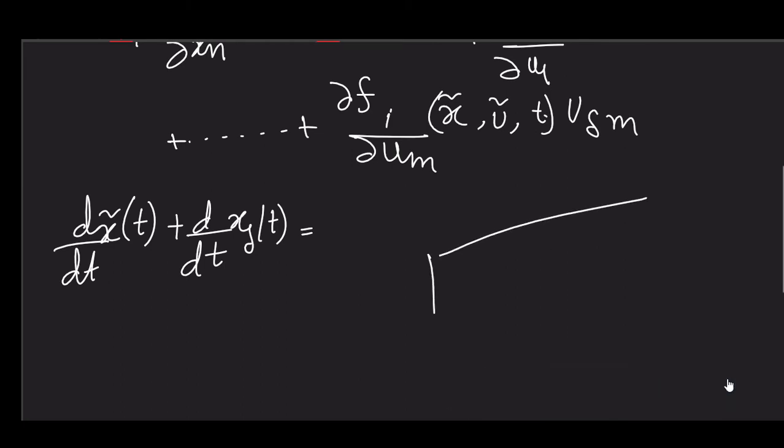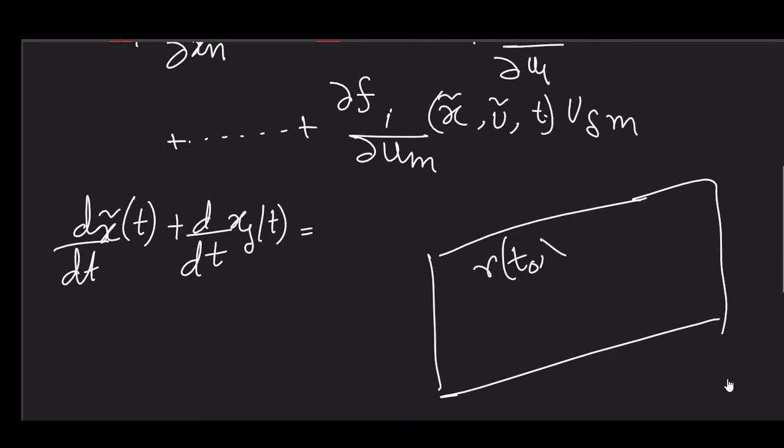In that video, it was mentioned as a remainder term, and we wrote it as r(t0, x), and that was for the Euclidean norm, and then we found out, claiming that